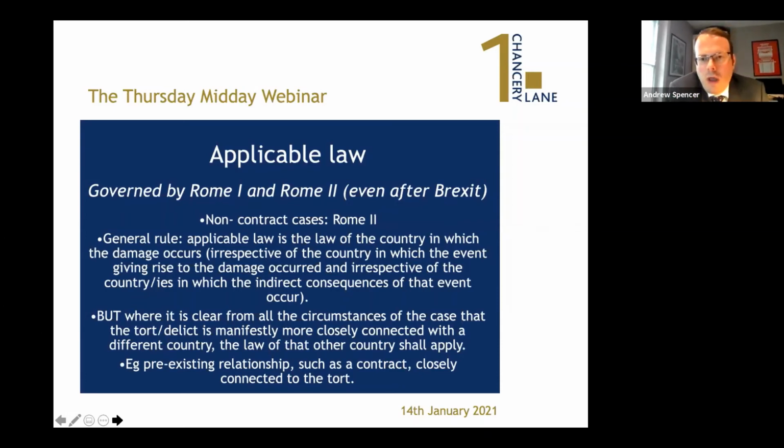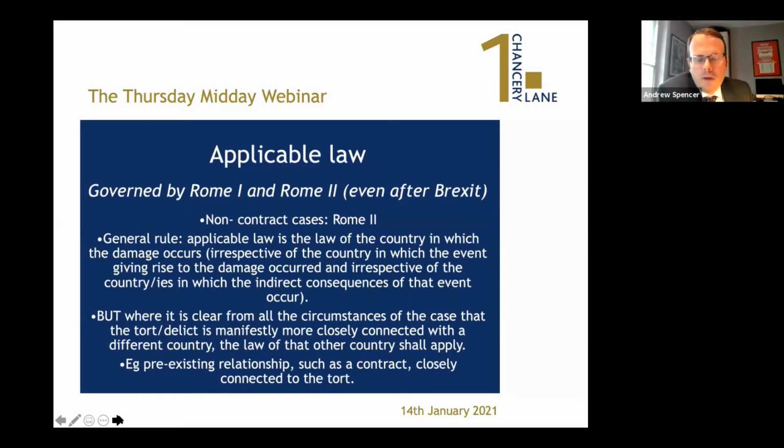So it's worth giving some thought about where these things might apply, because one situation you could have is an English contract, and then that being with an organiser, as we were discussing, but then the treatment itself, of course, being provided by different clinicians. And there may be reasons why you want to sue the clinicians in addition to the organiser, depending on deep pockets, insurance arrangements, and so forth. Now, if that happens, then you can potentially found an argument to say that the claim against the clinicians is governed by English law as well, because you've got the pre-existing contract.